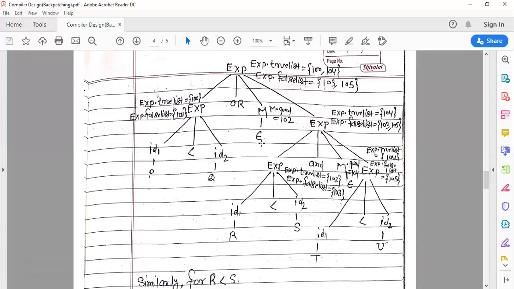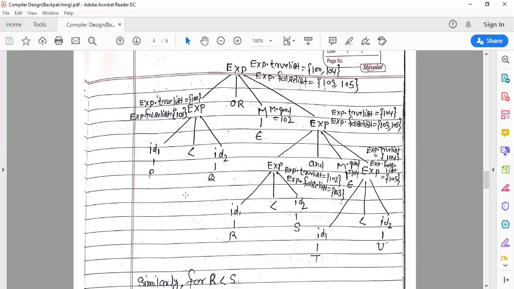We have the production m derive epsilon, and here exp derives exp and m exp, and this exp derives id1 less than id2, and here m derives epsilon, and this exp derives id1 less than id2.